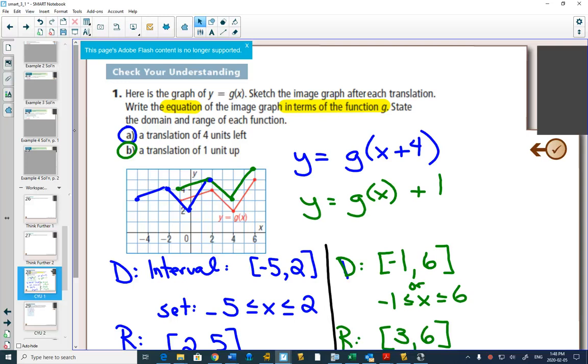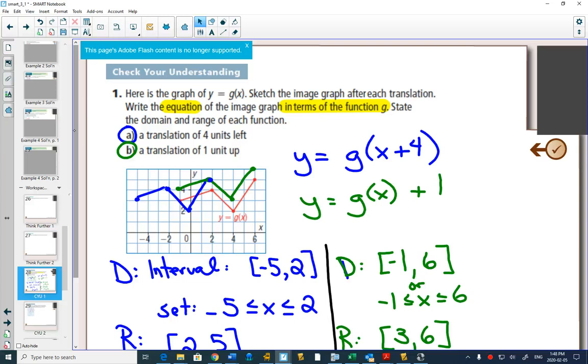Okay? And then there's history. How many people in history class, you have a history reading assignment, just read the first sentence and the last sentence and then sort of skip the stuff in the middle? Do you ever do that? Yeah? Okay. Right? And you're like, I still got the idea of the article even though I didn't read it. And some of you are like, I don't read anything. English, I just watch the movie. Right? That's all you need to do.